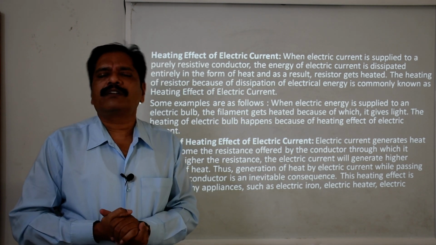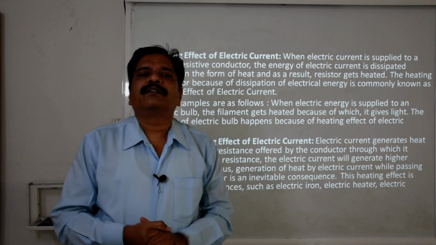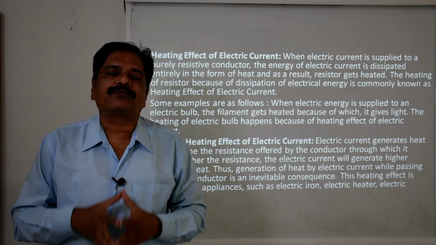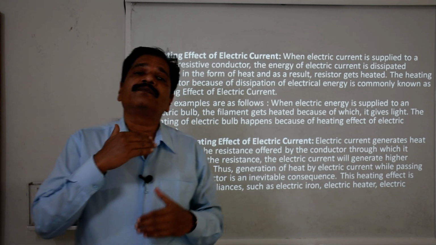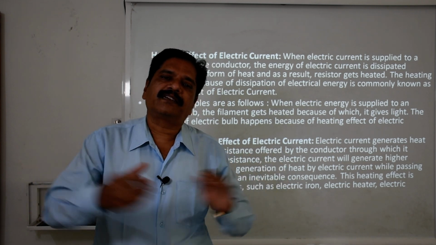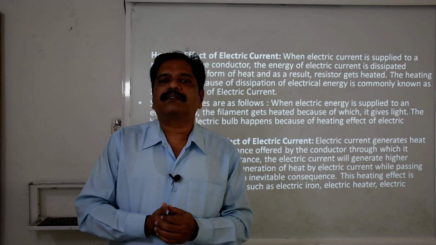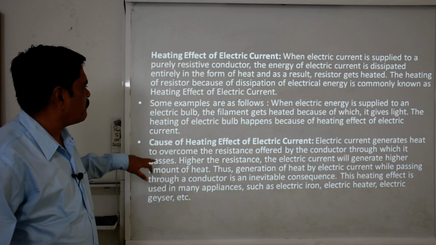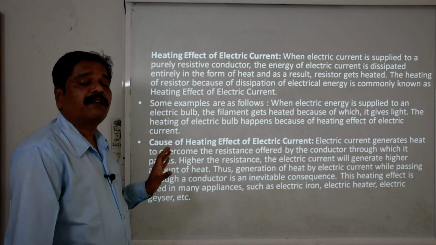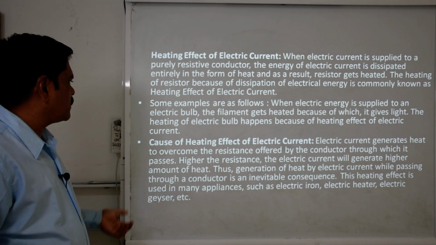You can also see that this very fine tungsten wire filament is spirally arranged. What is the reason behind it? As we discussed in the previous point, the resistance of a conductor is directly proportional to its length. So just to increase the resistance of the conductor, we increase its length: we make it much thinner and we make it spiral. This is the basic fact. When the heating effect reaches a certain amount, it starts to glow by releasing light energy.